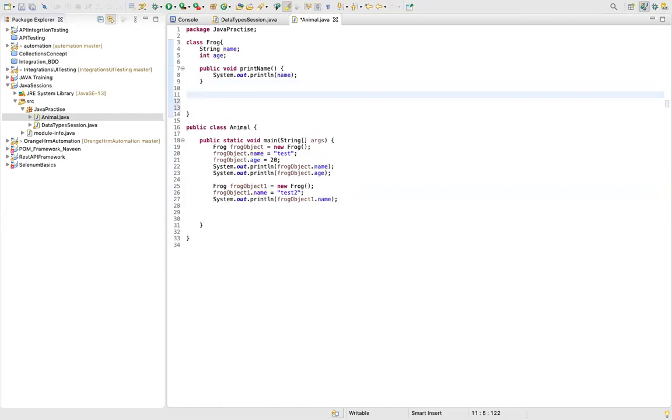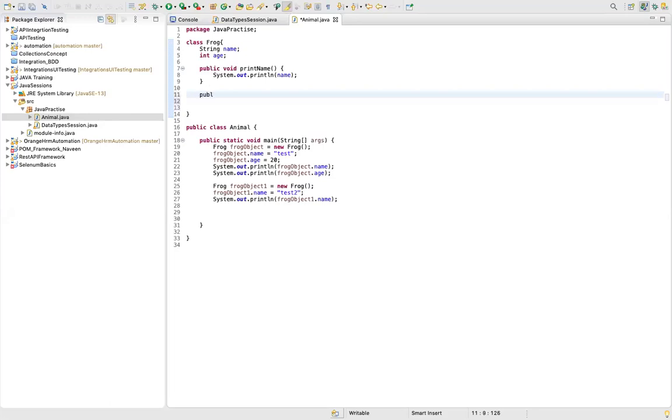Now comes the concept of getters and setters. What we can do, we can have a get method and a set method for each of the variables, for all of the variables, or maybe for some of the variables. If you know that the set value of this particular variable will be defined from a different class, then you can have a set method. Or if you know that you have to set the value of that variable in this class itself, and people are only going to access it, you don't want to give someone else the ability to write it. People are only going to access it. So you can have only a get method.